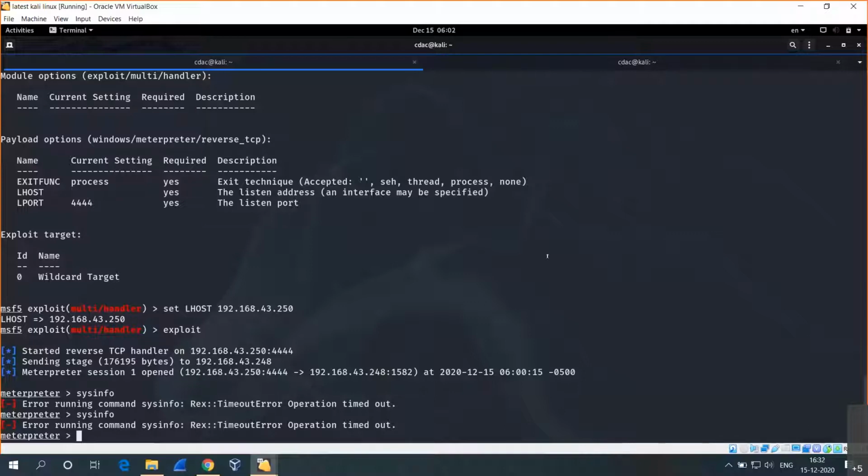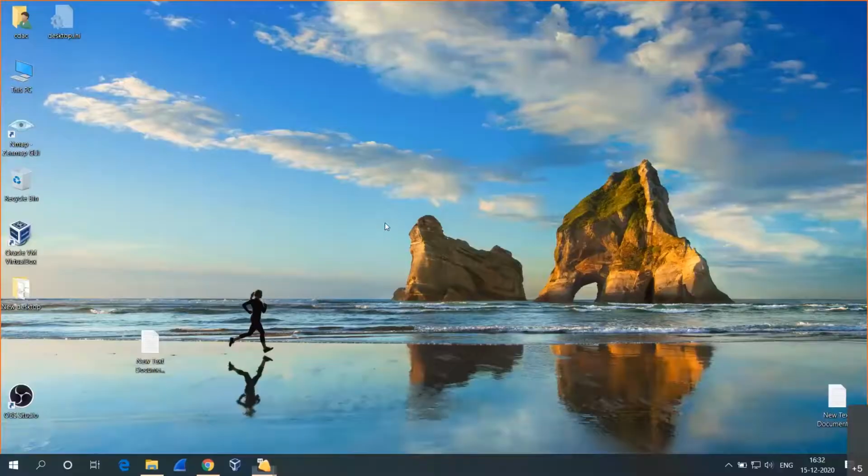The countermeasure for this is using updated antivirus and having the firewall enabled. Let's say first we'll enable the antivirus in my machine, and we'll see whether we can download or not.